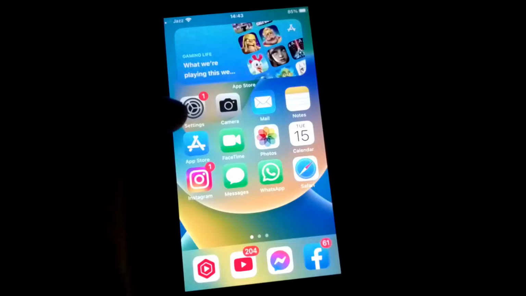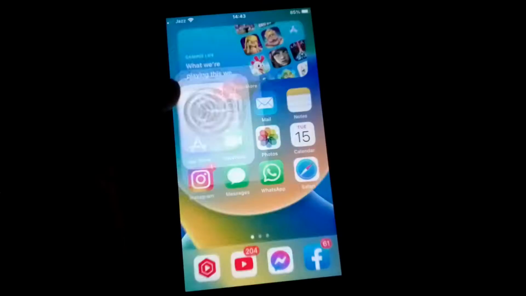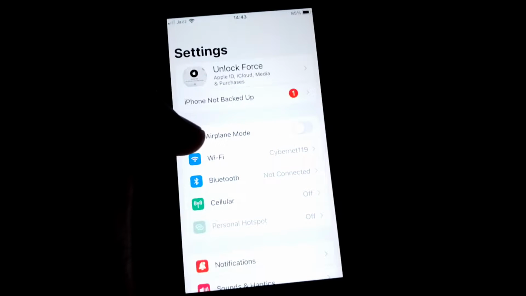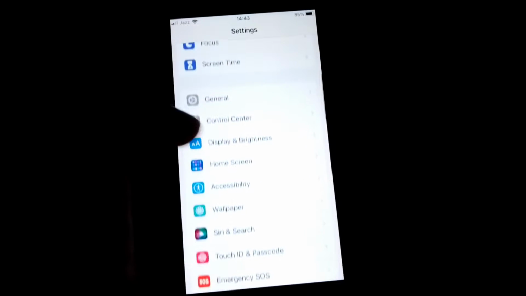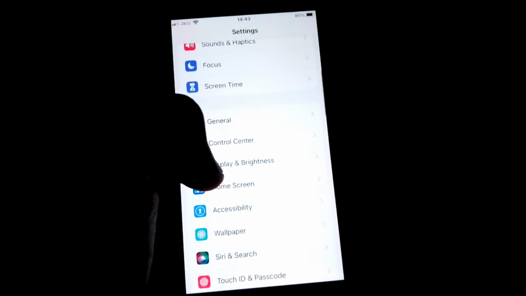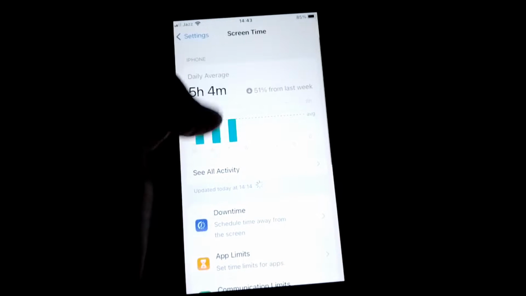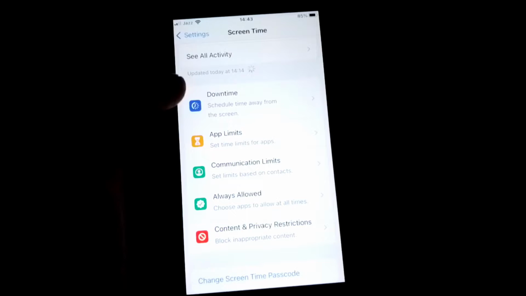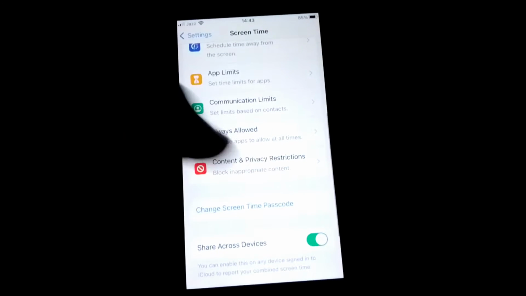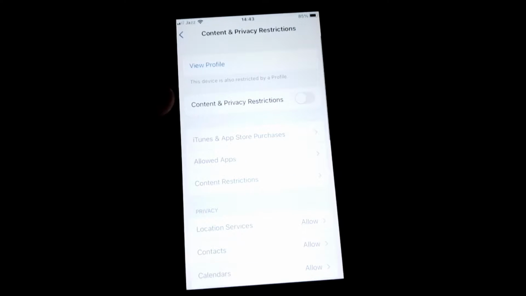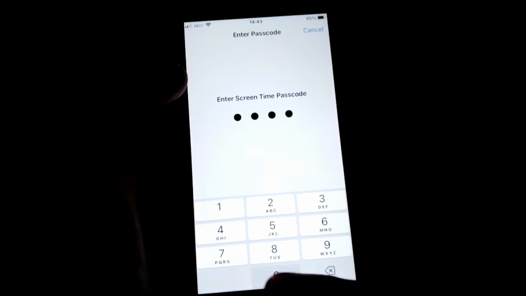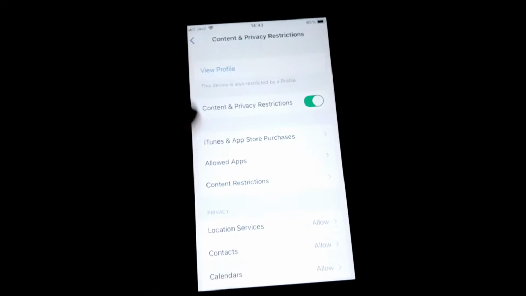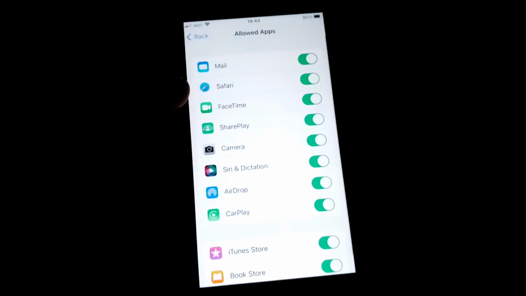First of all guys, what you need to do is simply open settings, and from here scroll down and search for screen time. Then scroll down and tap on content and privacy restrictions. Now from here you have to put in the password, and then tap on allow apps and make